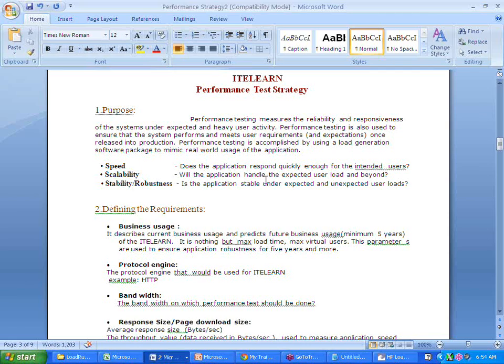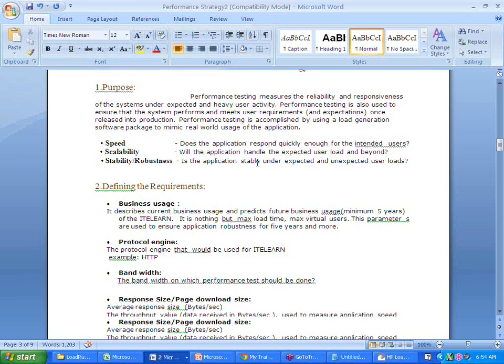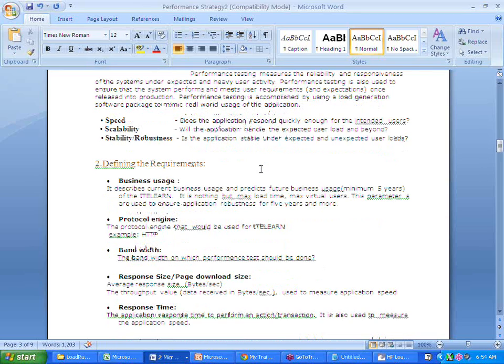So your strategy talks about your requirements, your number of virtual users, bandwidth, what you're looking at, like throughput, response times, and also it will tell you what sort of tests should be done. Okay, so the first document is this as a part of the project activity. So we'll look at an already created document. However, we'll create one document for our application as well going further.